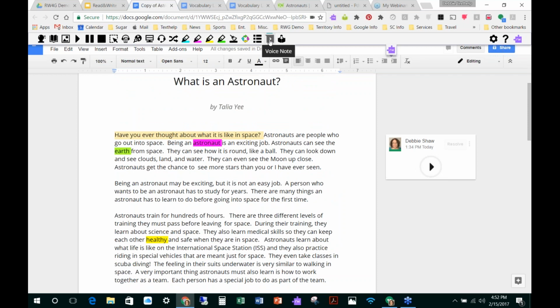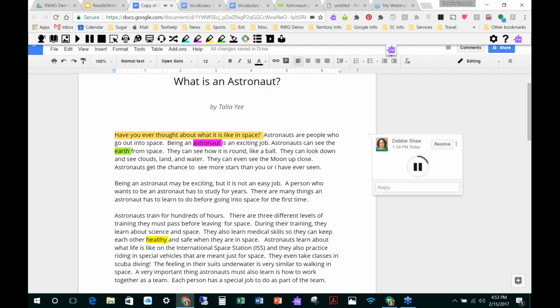But what if the teacher can use their own voice and speak the comment? So all I have to do is click on my voice notes, and I did this already this afternoon because it takes a second to render. And you see I have a little comment here where my normal text-based comments would show up, but instead of the text I have a little play button. So now if I click on that,